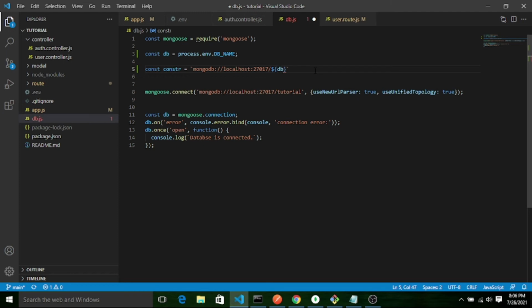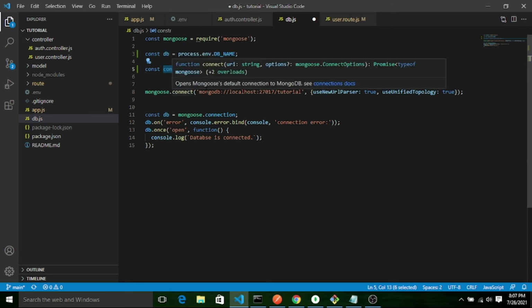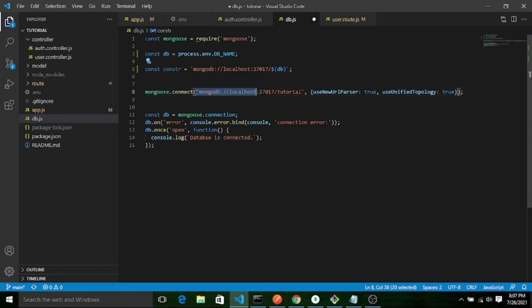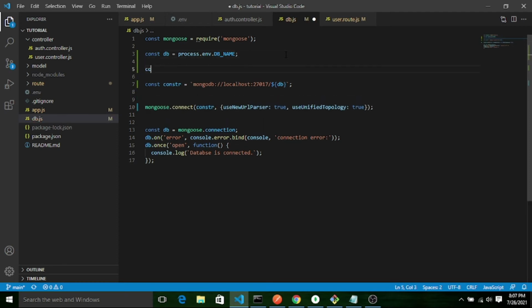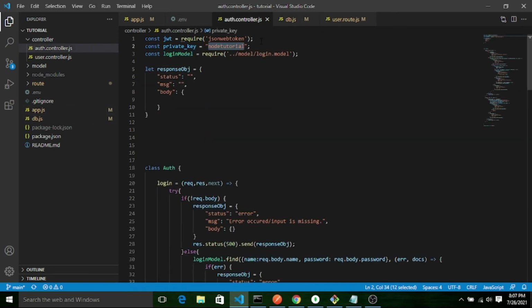That is db. So I will add this connection string to here. Before that, let me print db. Okay. Now it's okay.